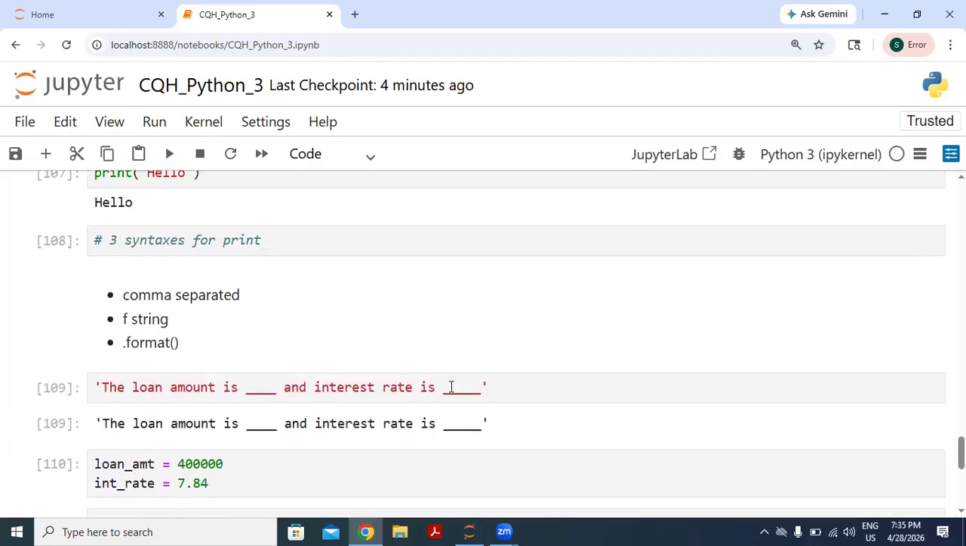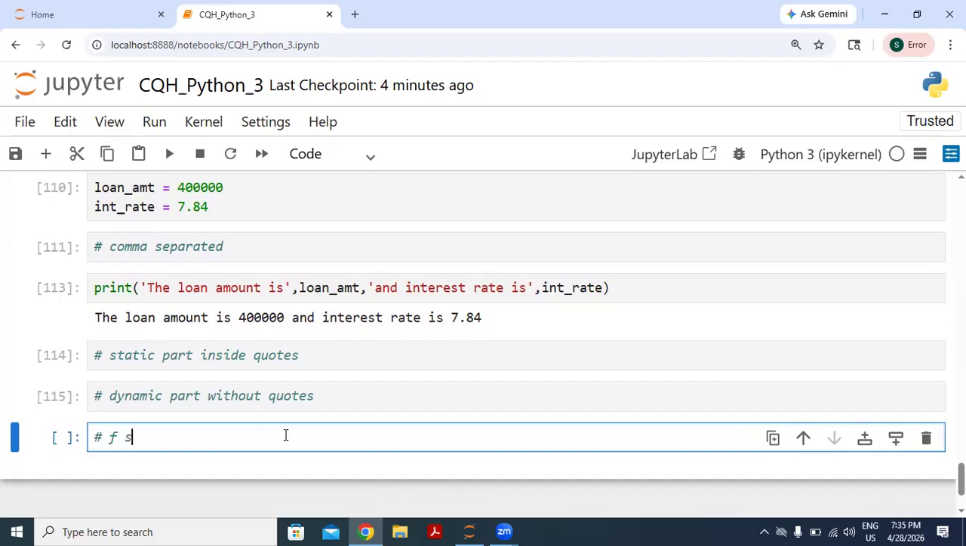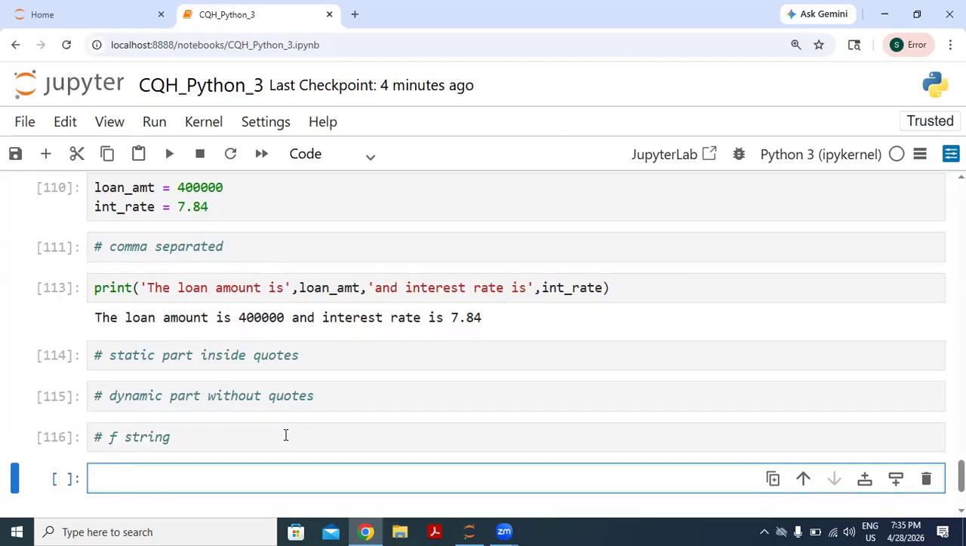Now let's check the second method, that is f string. So in this method, let's write. You have to write f, and inside the single quotes, you have to write everything inside this quote, static part as well as dynamic part. So let's start writing it. Loan amount is, and instead of comma, you have to write the curly braces. And inside that curly braces, you have to write the variable name. So the variable name is loan amount,